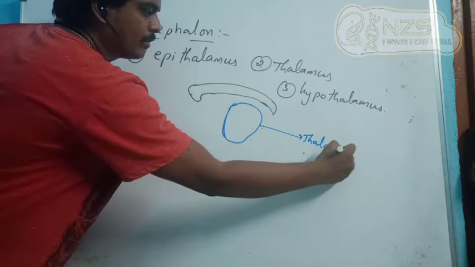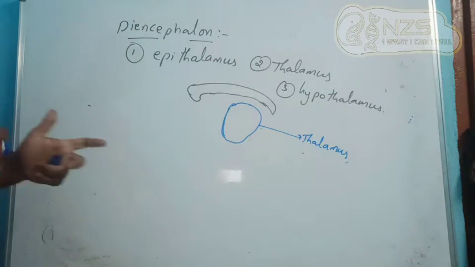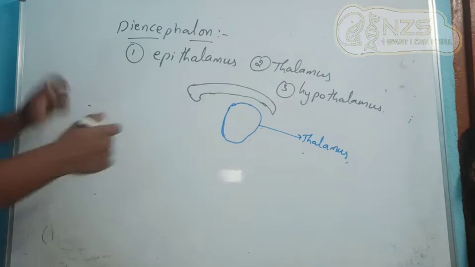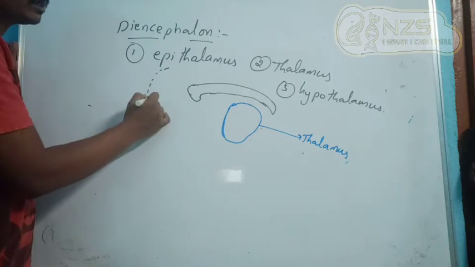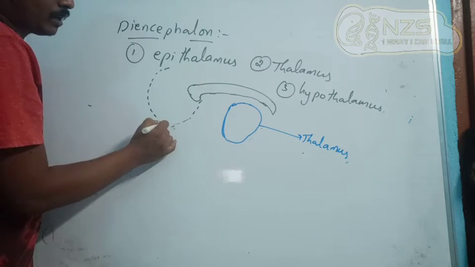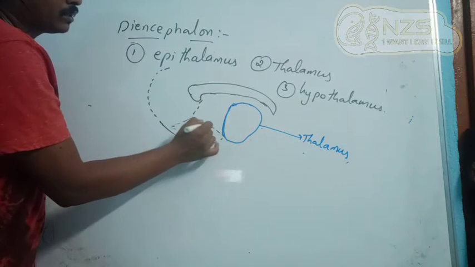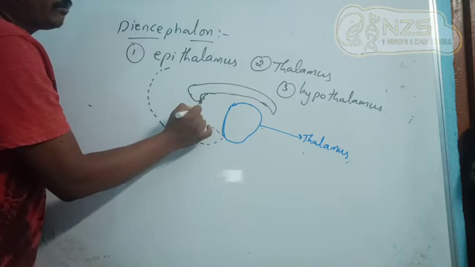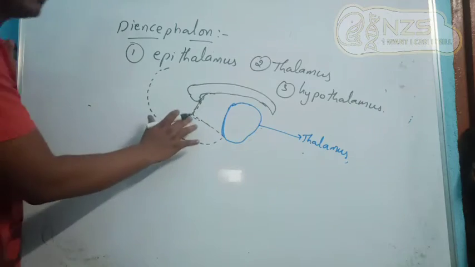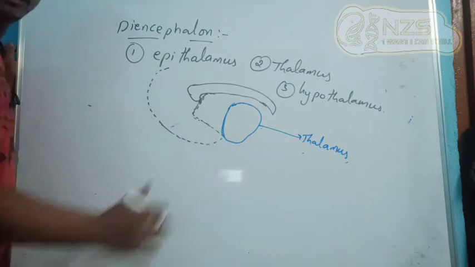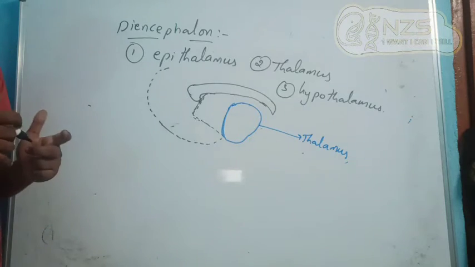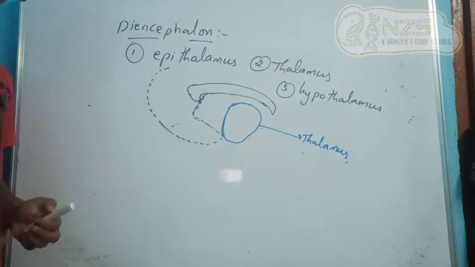We'll discuss this thalamus, don't worry. So where is this thalamus located? As I have said, below the corpus callosum. So if I draw the cerebral cortex, it comes like this, and the pia mater goes in and forms the ventricle here. We'll discuss that ventricle also. If you remember the cerebrospinal fluid, here we have the ventricle where the cerebrospinal fluid is delivered or taken up. How the CSF is produced, we'll discuss now.